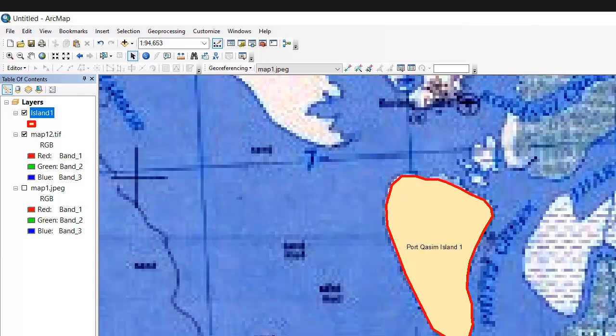The curvature of the Earth is very important, and for that you need to transform it using mathematical transformation. In real world practice, when we are asked to calculate areas, we use the projected system. But for general visualization,